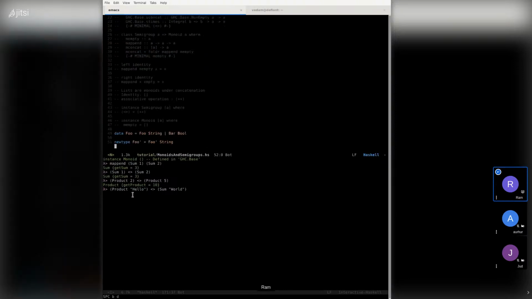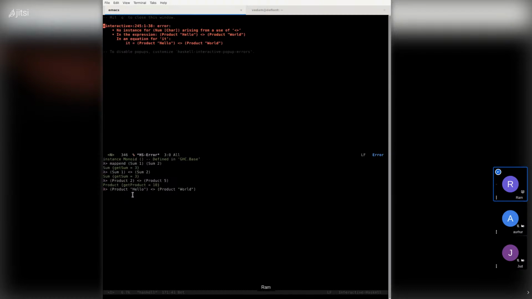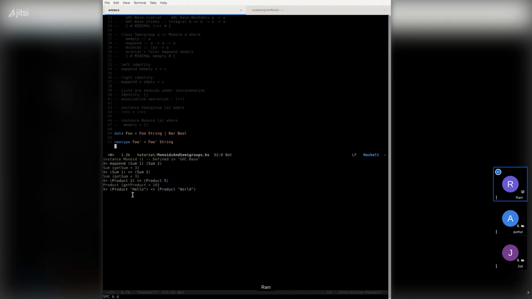Again, it goes back to what we were talking about before. You'll see that you get the same instance error there. Obviously, you can't mix sums and products. That's why it was complaining earlier. The one thing that might be a bit jarring for folks is that since you are using a higher type and wrapping this value, you need to actually grab the underlying value from the result of the operation.